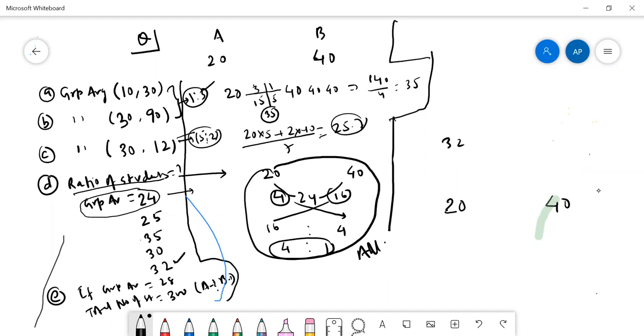ग्रुप एवरेज 32 है, तो A मिस करता है 12, और B जो एक्स्ट्रा आपको देता है वो है 8 का। तो ये 8 इस 12 को मेकअप नहीं कर सकता, तो हमने बोला कि चलो बी का एक और ले लेते हैं। तो बी के पास अब आ गया 16, लेकिन ए सिर्फ 12 मिस कर रहा है, तो हम ए का एक और ले लेते हैं।